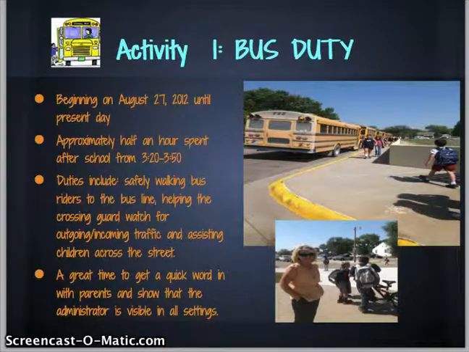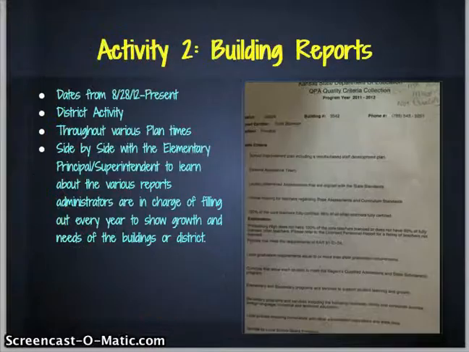Here's an example of activity 1, some bus duty. I've done that from the beginning of school till now. I go after school and just kind of ensure that kids are walking across the street, getting to the bus okay, and it also gives you a time to talk to parents or community members there as well. Building reports,